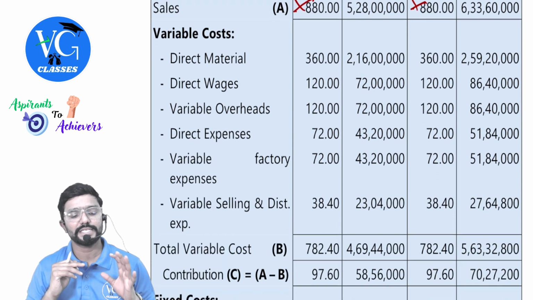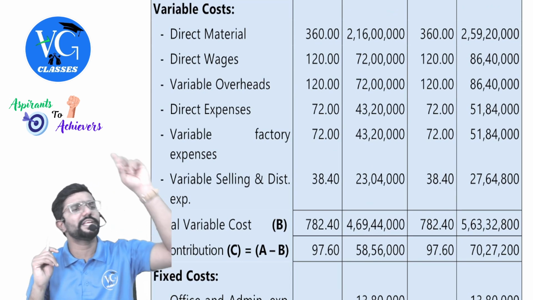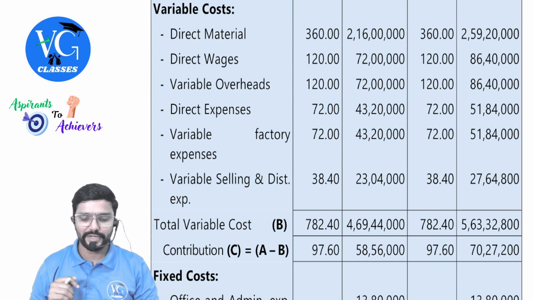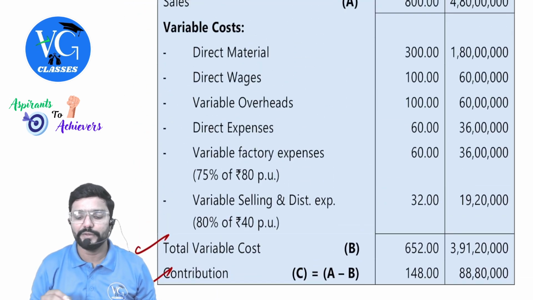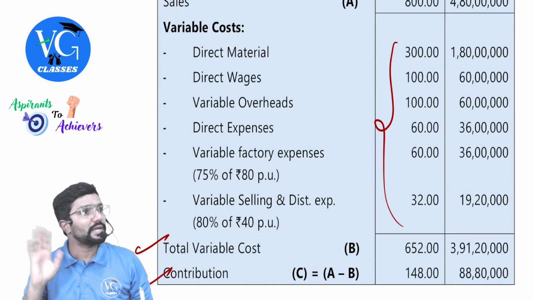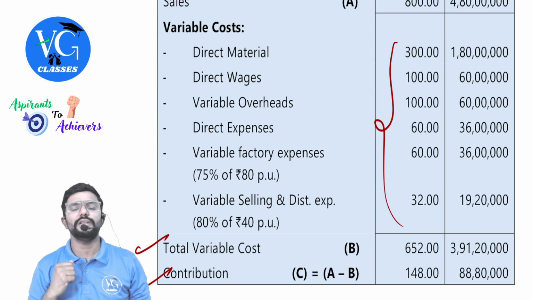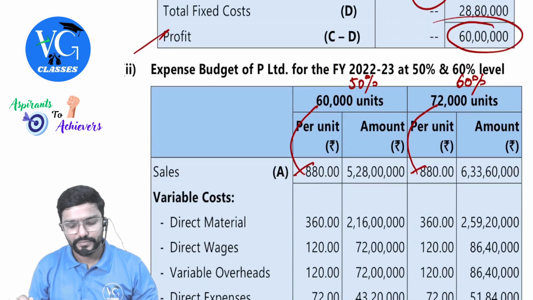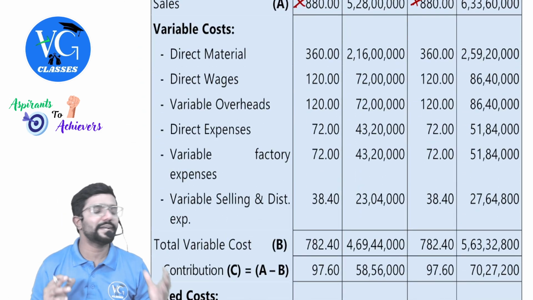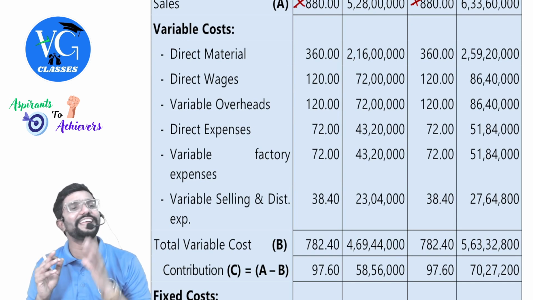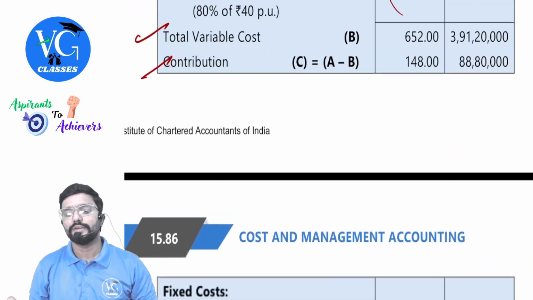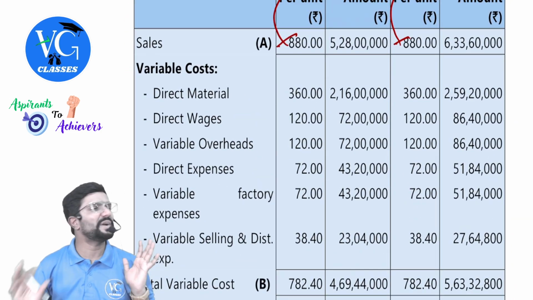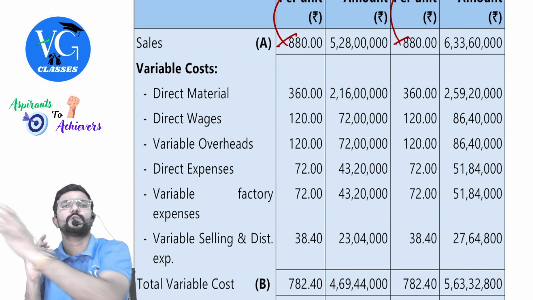Okay, sir. Now, first let us check the variable cost. Guys, pay attention. Variable cost will increase by how much? 20%. Whatever the variable cost per unit is, per unit only it will increase. Obviously when per unit increases, total also will increase, guys. Whatever is variable, plus 20% each. 300 plus 20%, 360. 100 plus 20, 120. 60 plus 20%, 72. 32 plus 20%. Everything plus 20% on whatever was already there.